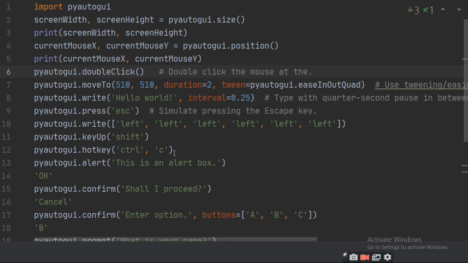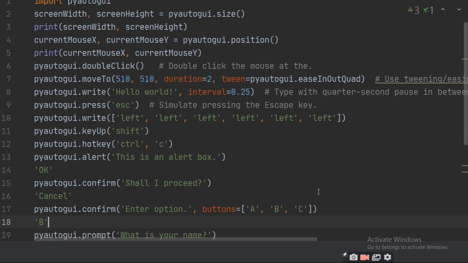This is the alert box. It will give an alert box. You press OK there. Then pyautogui.confirm, Shall I proceed? So you can cancel it or press OK. And then pyautogui.confirm with options, where the buttons are A, B, C, and if you want B then you press B, otherwise you can press another one.